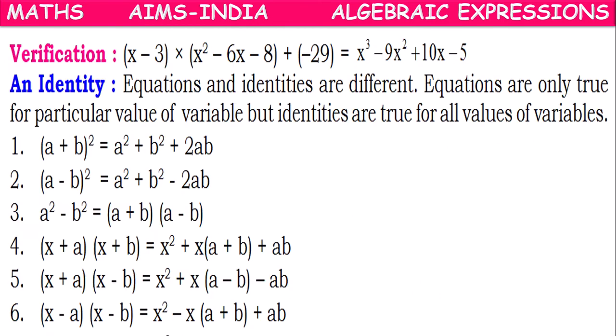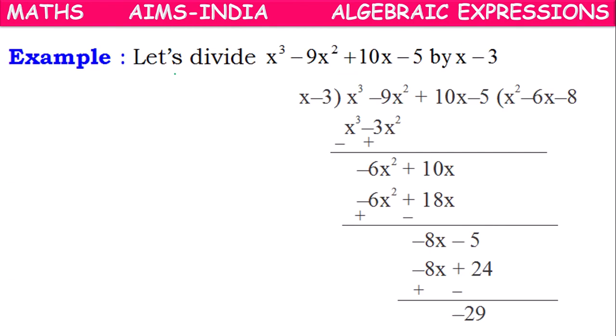So once again, children, let me explain the division process. We have to divide this polynomial by this polynomial. This polynomial will become the dividend, let it be p of x, and this polynomial will become the divisor, let it be g of x. In division according to division algorithm, the first term of dividend is to be divided by first term